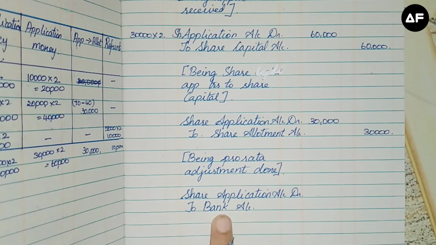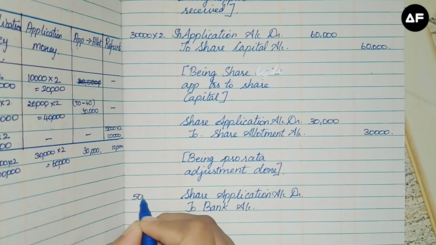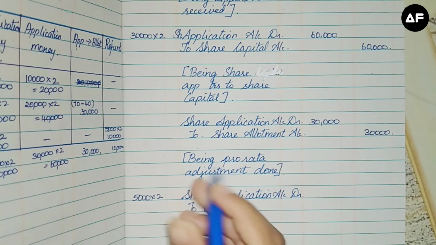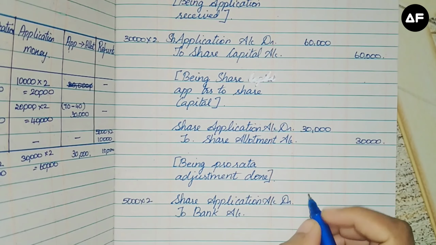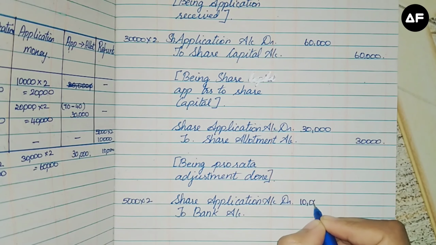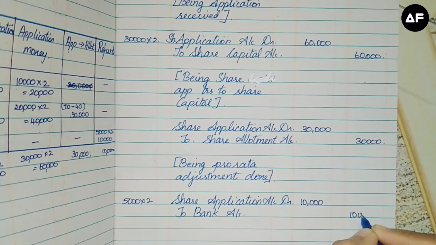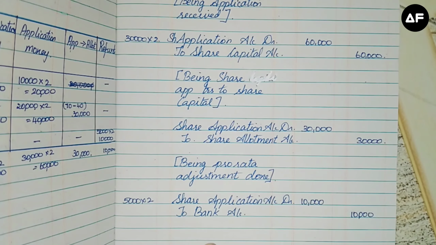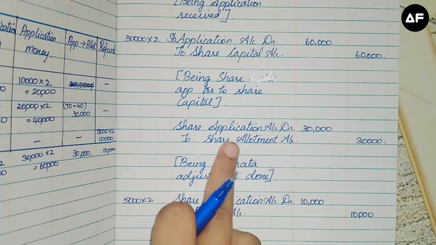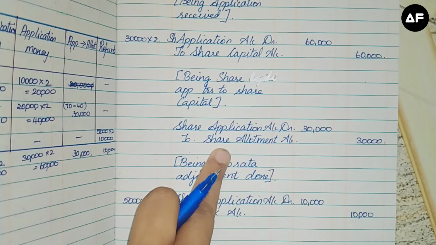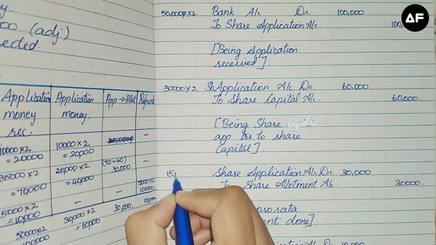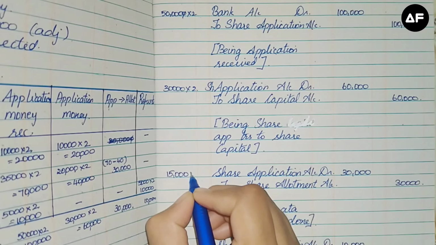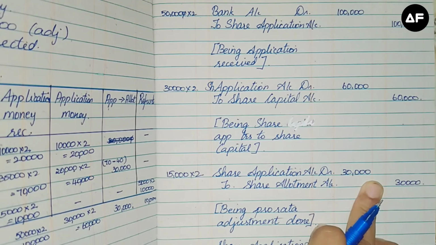Lastly, if you see, it is only rejection. So the rejection is 5,000 shares were rejected into 2. So that is our last column also. Refund is rupees 10,000. So 5,000 into 2 is 10,000. Why I said first finish off the rejection is, now if you take this entry, share application to share allotment, actually 20,000 shares were adjusted. So 20,000 minus 5,000 will give you 15,000 shares which is supposed to be adjusted. So 15,000 into 2 is 30,000 rupees.